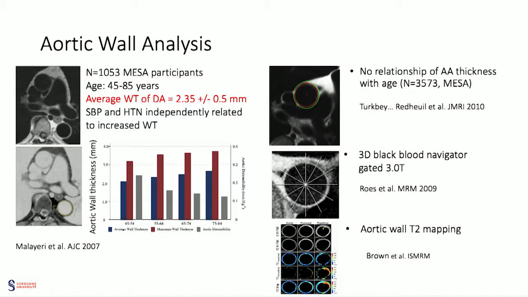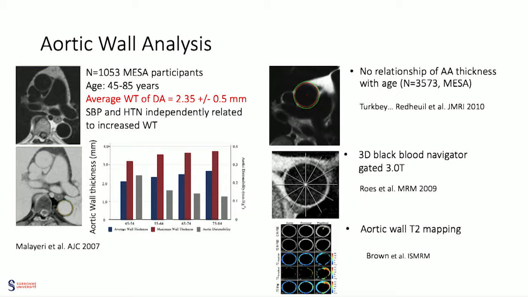Aortic wall analysis obviously is a problem. You know that the wall is about 2 millimeters thick, and so some of the results from large studies, like these, where the GE data was analyzed by Ashkan Malayeri years ago in the MESA study, and then we went with Evrim. We looked at the larger sample with all the sites, and of course, you really do have the issues. Those are older images of partial volume effects,